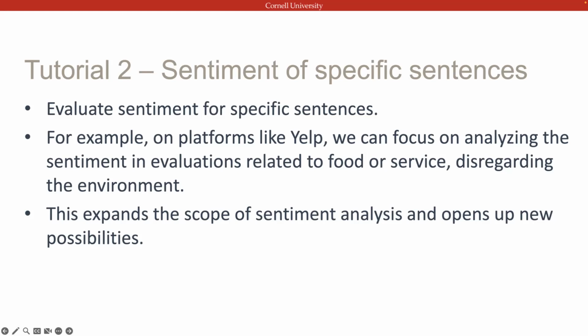And with the second part of the tutorial, I think we will be able to ask questions about whether people are positive toward a specific dimension. And overall, I think for sentiment analysis,